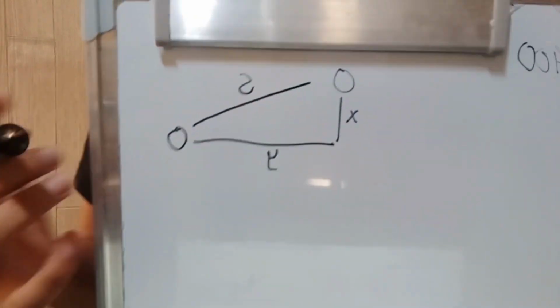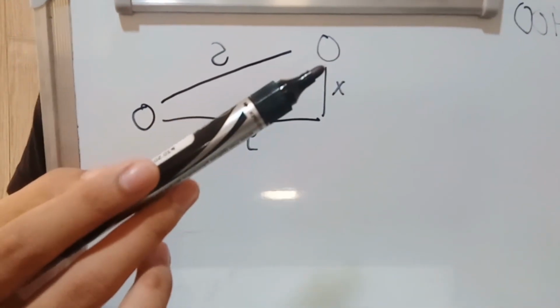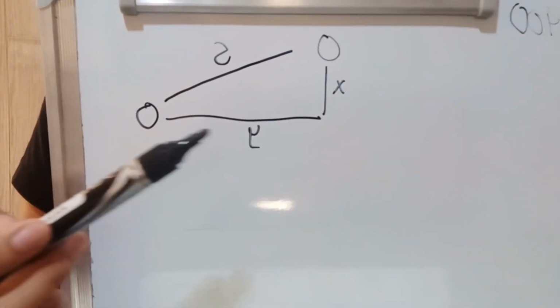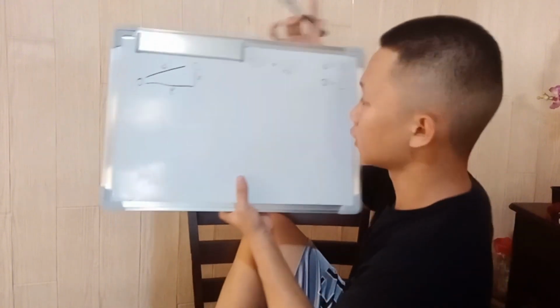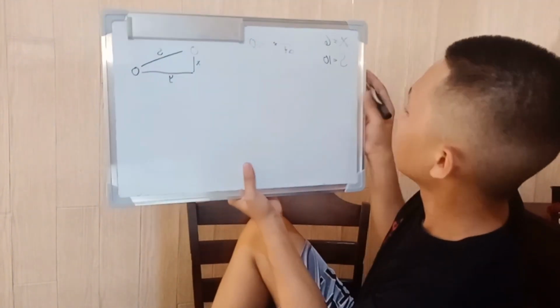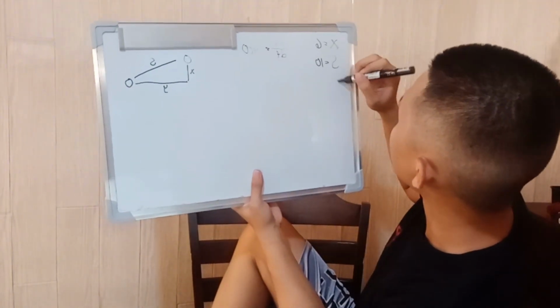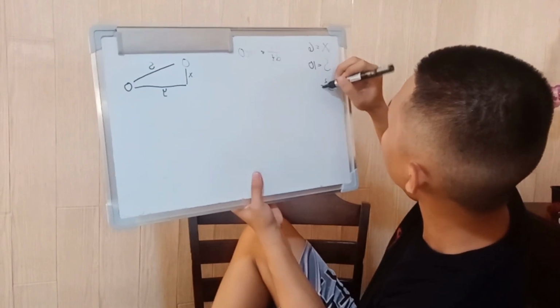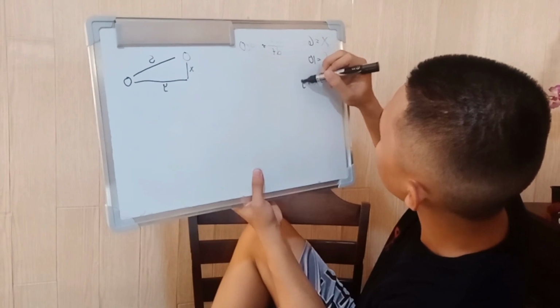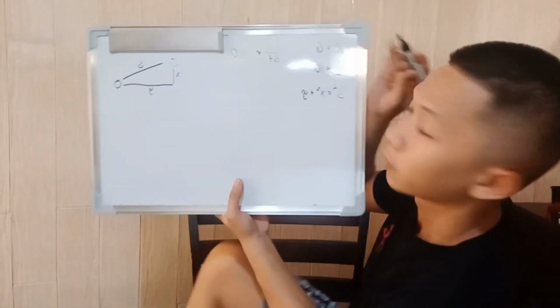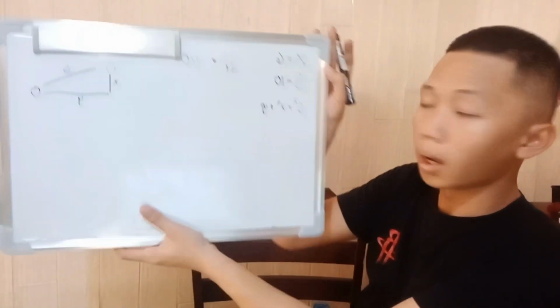So that there will be no confusion, this is our plane, our x-axis, our y-axis, then our s. After that, since we are finding y, we have to use the equation of the Pythagorean theorem, which is s squared equals x squared plus y squared. Right? Since we are finding y